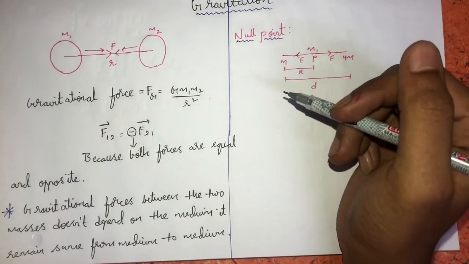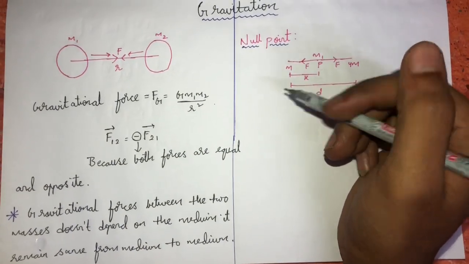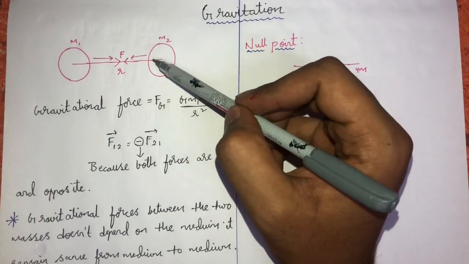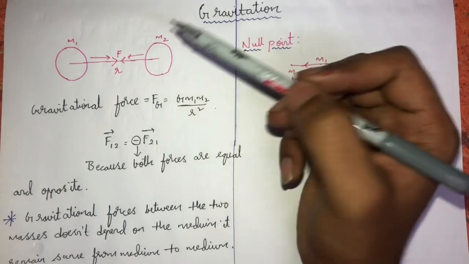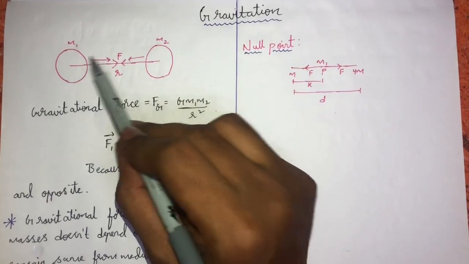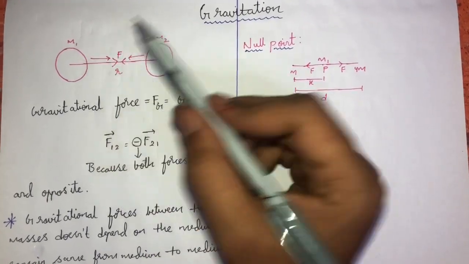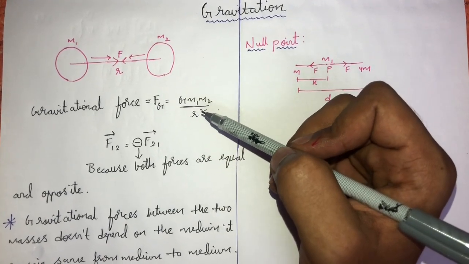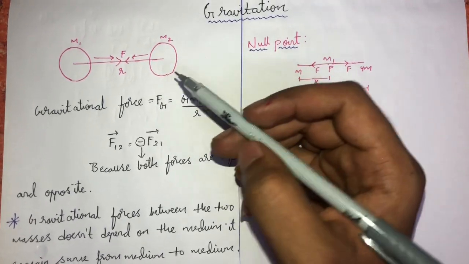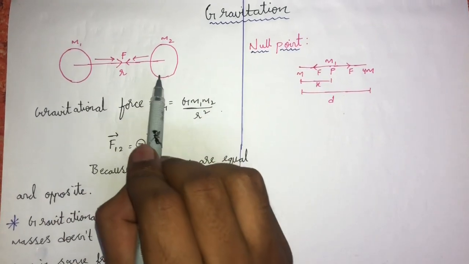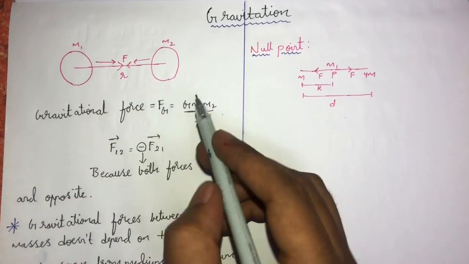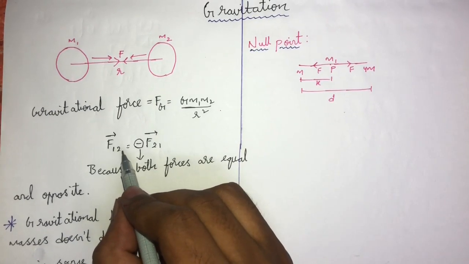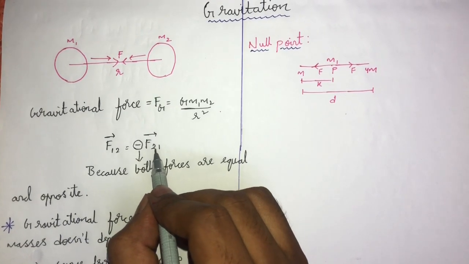First, now let us see the gravitational force. Here two bodies of masses m1 and m2 are placed at a distance r. Then what will be the gravitational force acting from m1 to m2 and from m2 to m1? So here the gravitational force will be equal to G m1 m2 by r square, where the gravitational force 1 on 2 and the gravitational force from 2 to 1 will be equal, but that is F1 to 2 is equal to minus of F2 to 1.